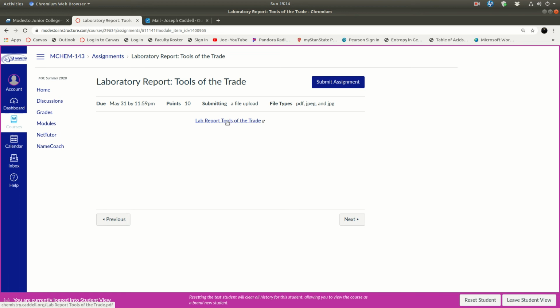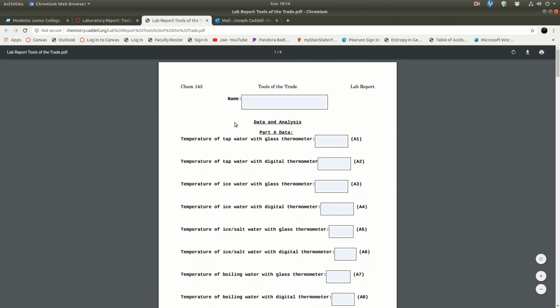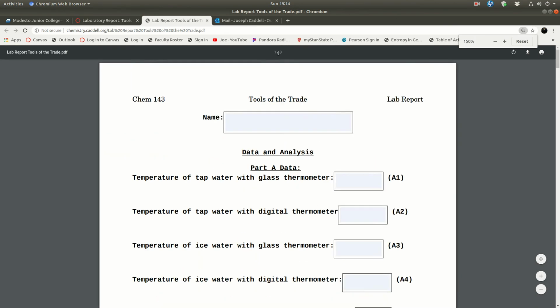Here's how you're going to do it. Okay, so you'll have watched the videos, taken some notes, you'll have your data. I'll have posted the data for the experiment, so you'll know all your numbers. When you have those, click on this. Okay. Now, a couple of things. When you're getting ready to do this,